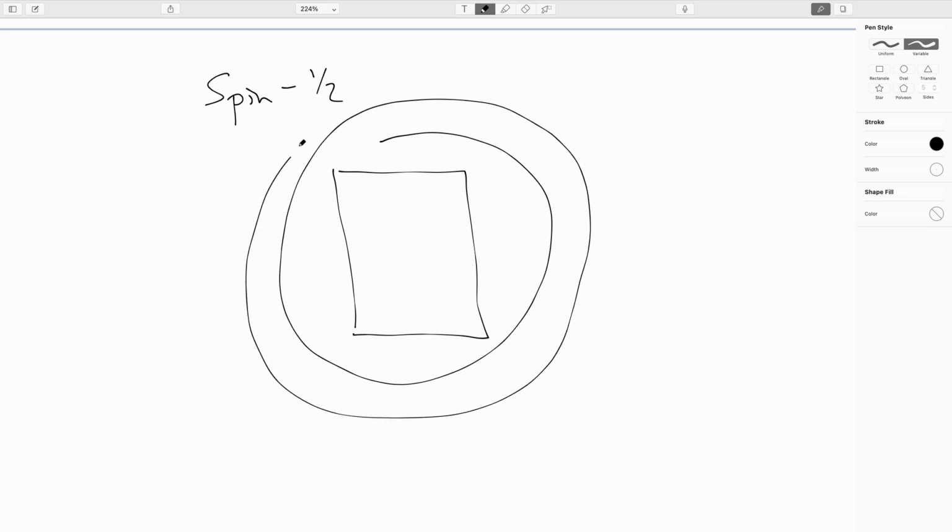But if you rotated it through 2 whole churns, it would look like itself again. So a spin 1/2 particle is one that looks like itself not after one complete churn, but after 2 complete